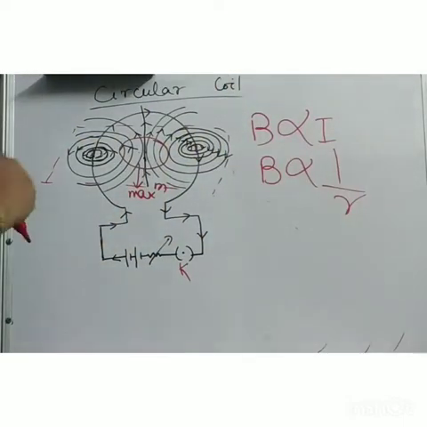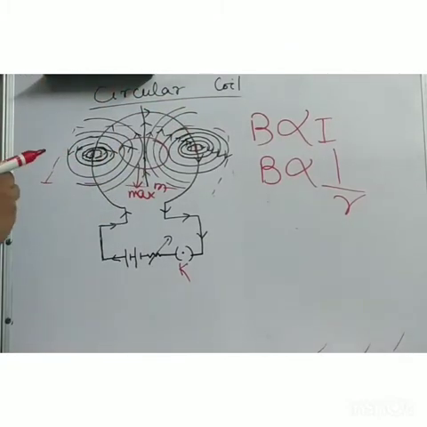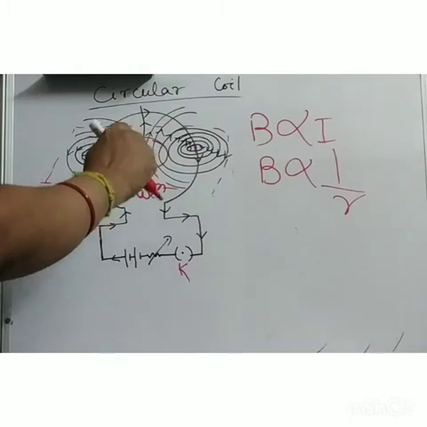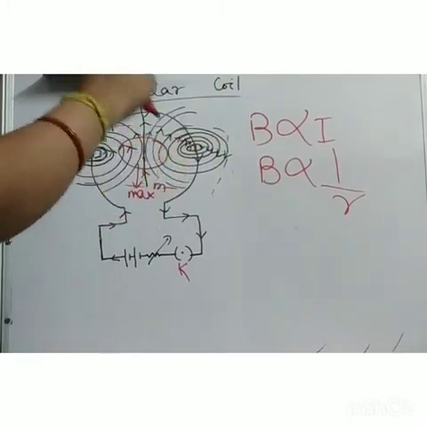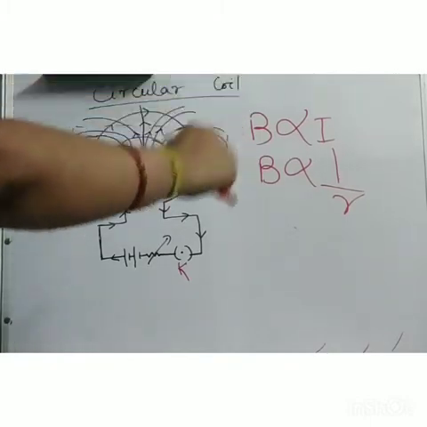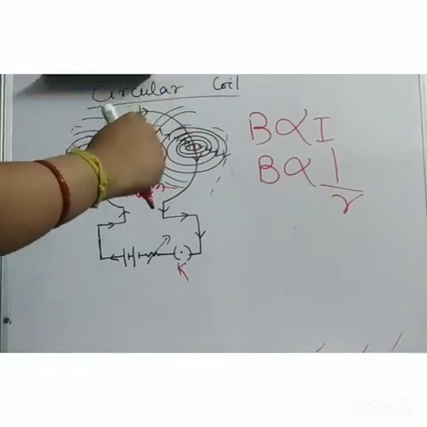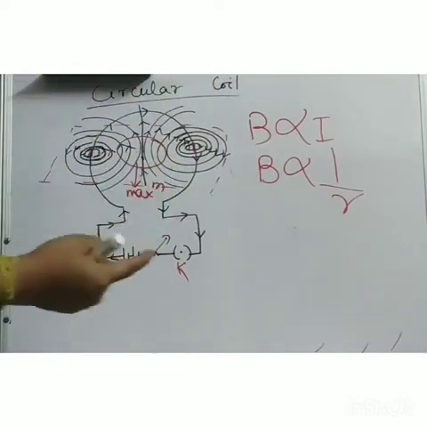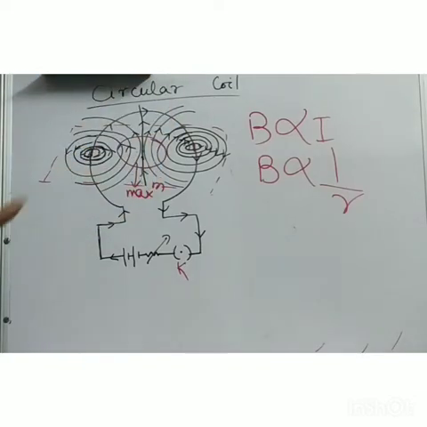More important, and you can say a little bit extra from the last lecture, is that now it is a circular coil. Circular coil means there will be a number of turns. If there are a number of turns, that means current is flowing in each turn. If current is flowing in each turn, there is a magnetic field around each turn. That means more magnetic field. If you have more turns of coil, you have a much stronger magnetic field at the